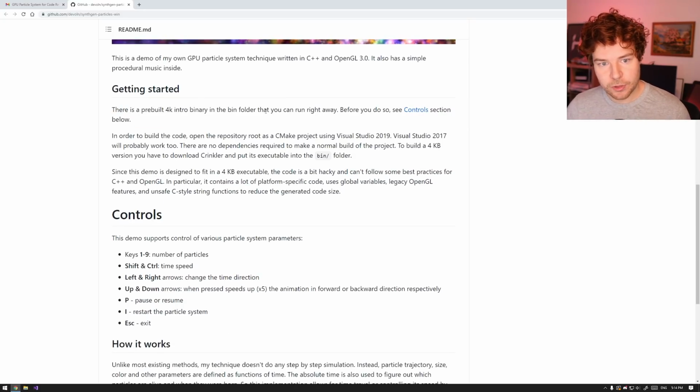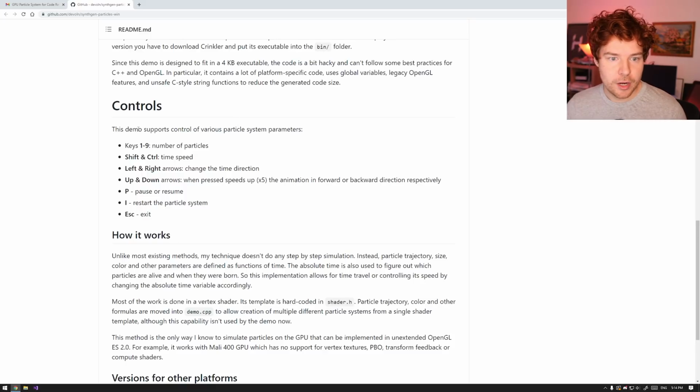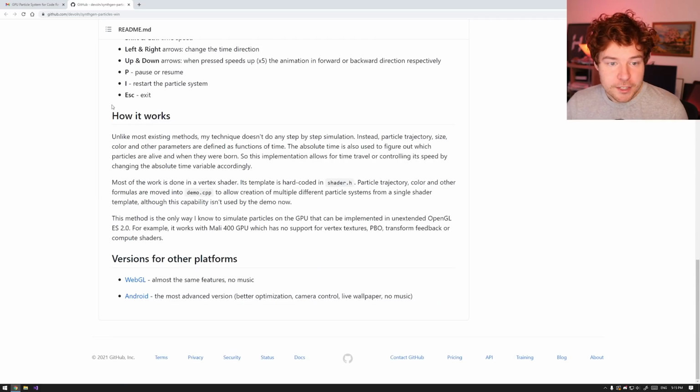There's a pre-built 4K binary. I might open that. Before you do so, see control section below, blah, blah, blah. So it's CMake, demo, blah, blah, it's a demo. Oh, and good, some interesting controls. So I might save these controls. How it works, that's cool, seeing a little how it works section,